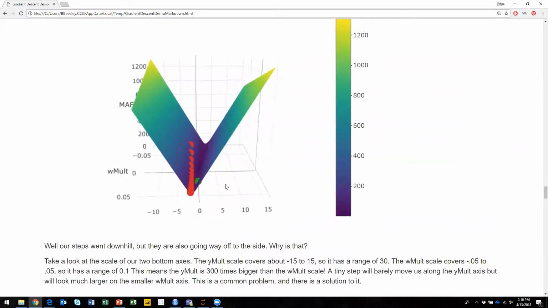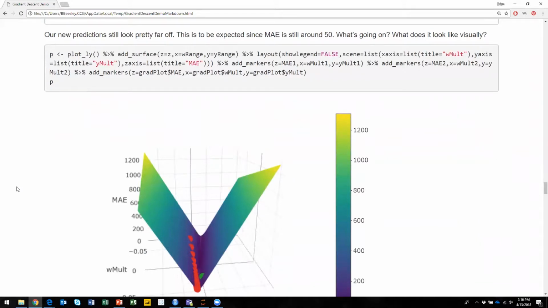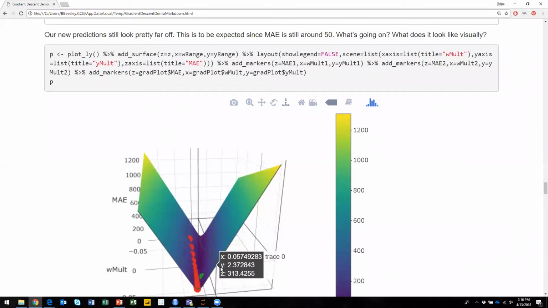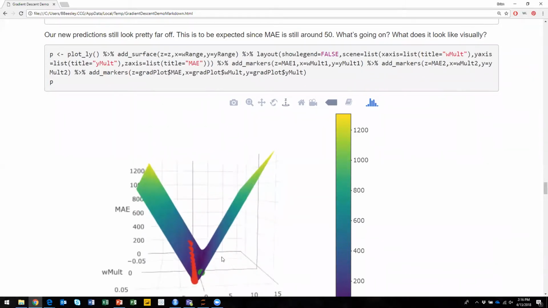All right, they go way off to the side. Anybody have an idea why they go way off to the side without reading ahead? Because there's two slopes. You have one down the normal face and then the other direction that's going down as well. So it's not going straight down, it's going at an angle. Any other ideas?